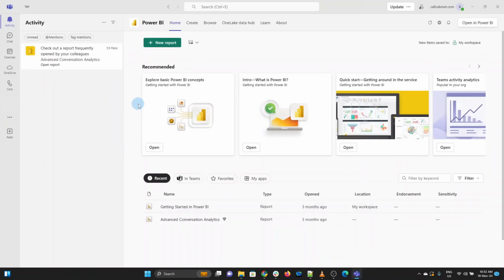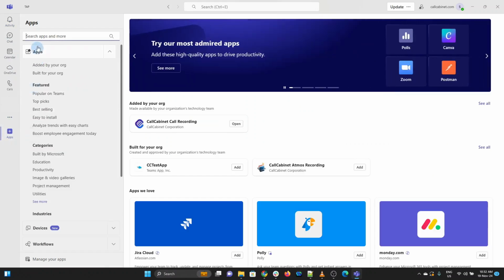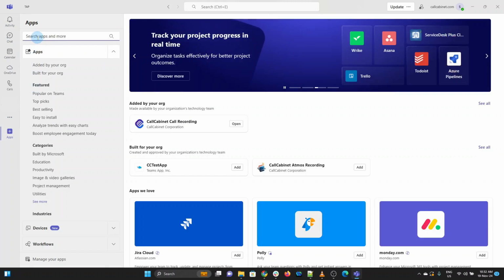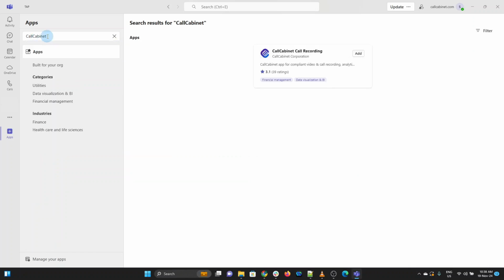So open up your client, and inside its menu panel, go down to the icon that is called Apps. Once there, click on that icon, and then go to the search bar. Inside the search bar, type in CallCabinet. The result of your search will appear on the right-hand side, and go to the CallCabinet call recording